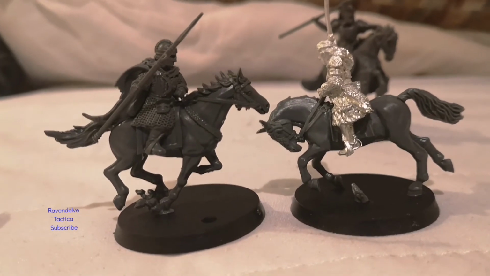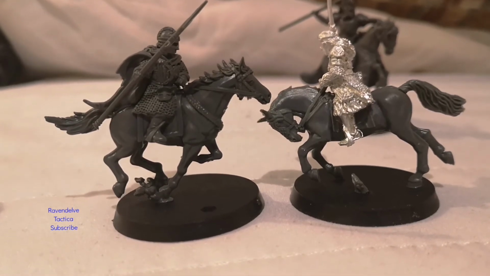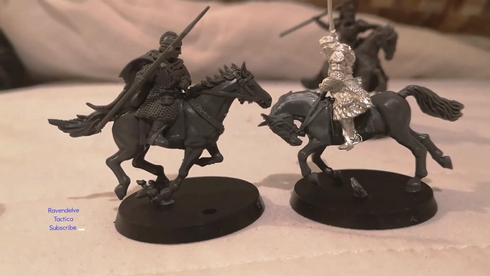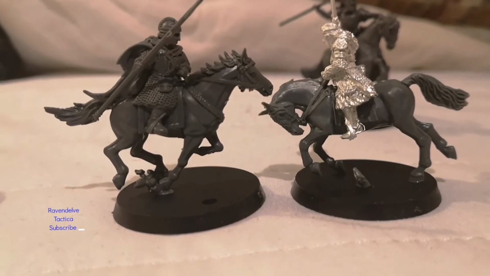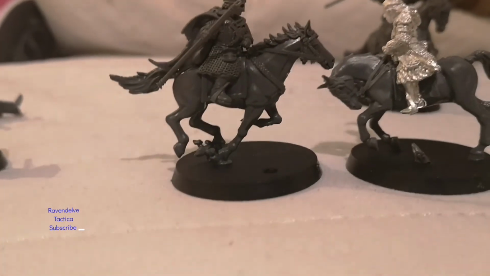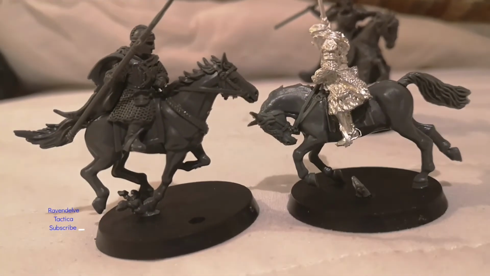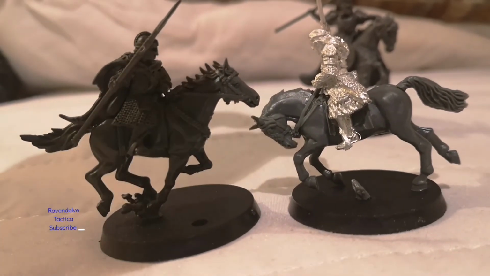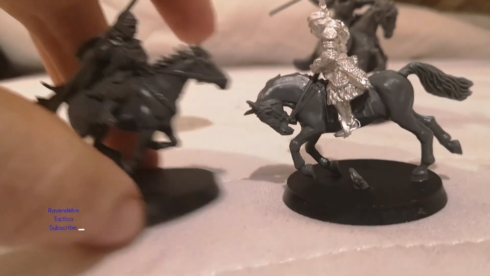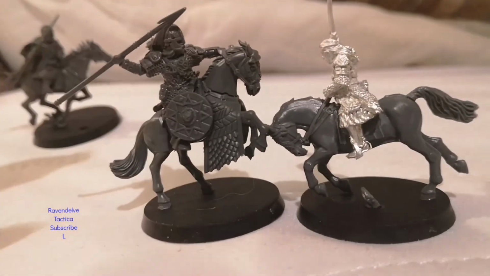I've not gone for anything game related here. I'm not doing this to try and get any defense bonuses or stuff like that in Middle-earth Strategy Battle Game. I'm just doing this so I can see the differences between old sculpt here and newer sculpts. So Eowyn's actually roughly a similar size, and Eomer's horse is reared back,